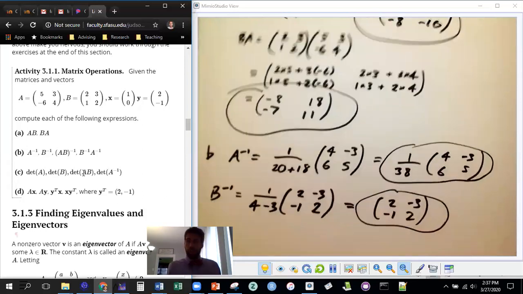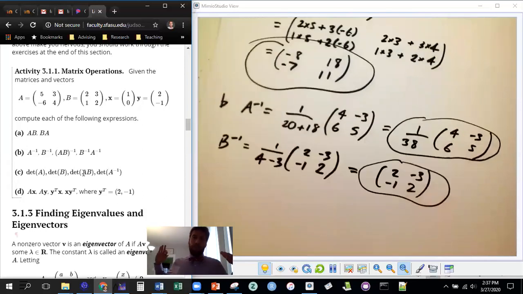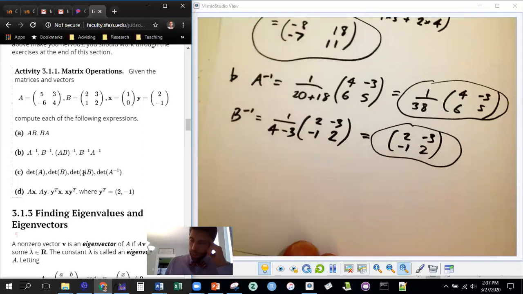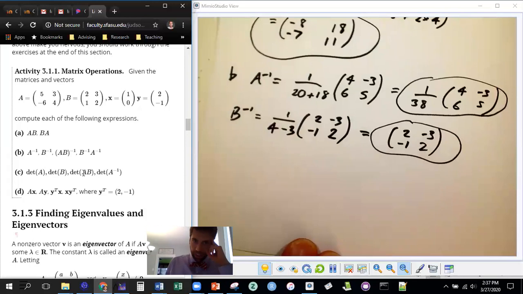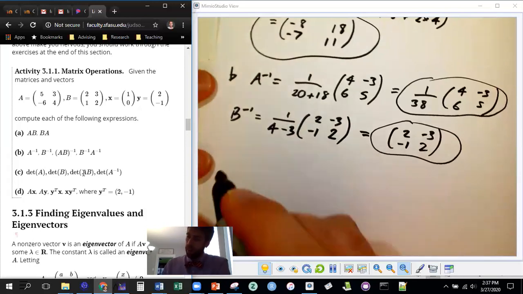AB inverse and then B inverse times A inverse. Oh man. Matrix multiplication by hand, like a pioneer. All right. AB inverse